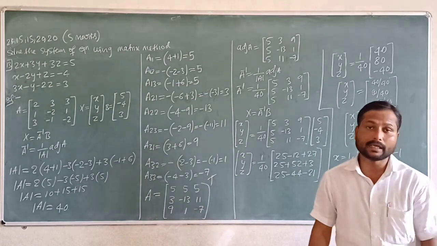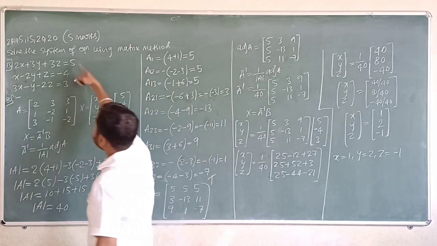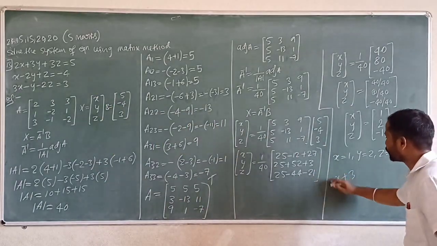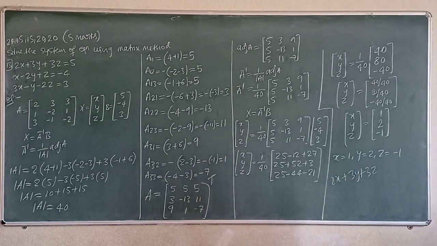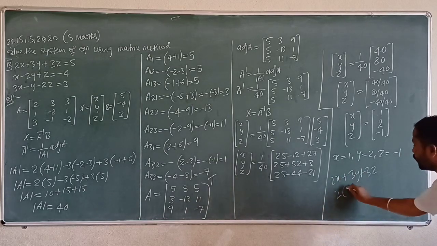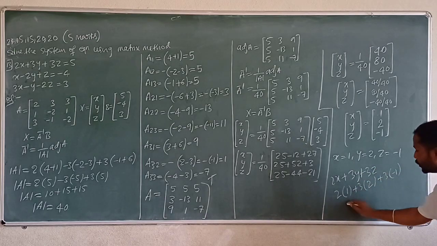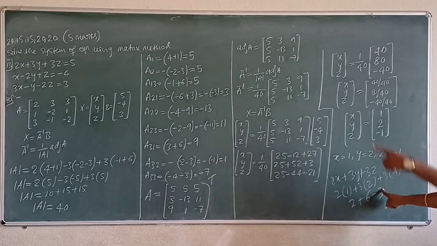Right? Solve this accurately now, and decide whether it is correct or wrong. Take the first equation now. What is the first equation? 2x plus 3y plus 3z, it should come to 5. Correct? See, 2 into x, meaning 1, plus 3 into y, meaning 2, plus 3 into z, meaning minus 1 now. 2 1s are 2 plus 2 3s are 6 plus into minus, minus 1 3 is 3 now. 2 plus 6 is 8, minus 3, that is 5 now.